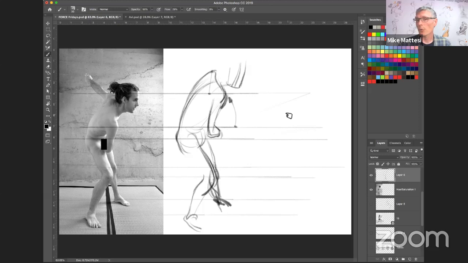So this is one of the things that would come up in iterating: oh man, I stood him up too much, right? And we want to get Andy all the way down here, right? So all of a sudden now we have something that looks more like this. And that suddenly starts to create drama, right? If I were to wrap around Andy's body here or try to create perspective, you can see the perspective would be like this on this pose. And that is nowhere near as dramatic as his body being like this, right?